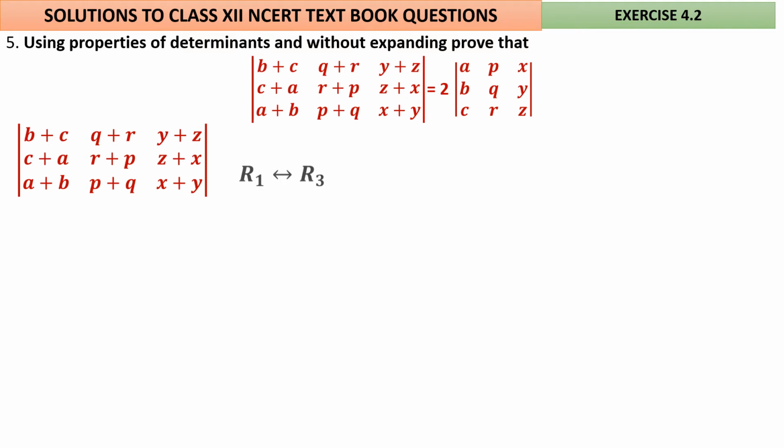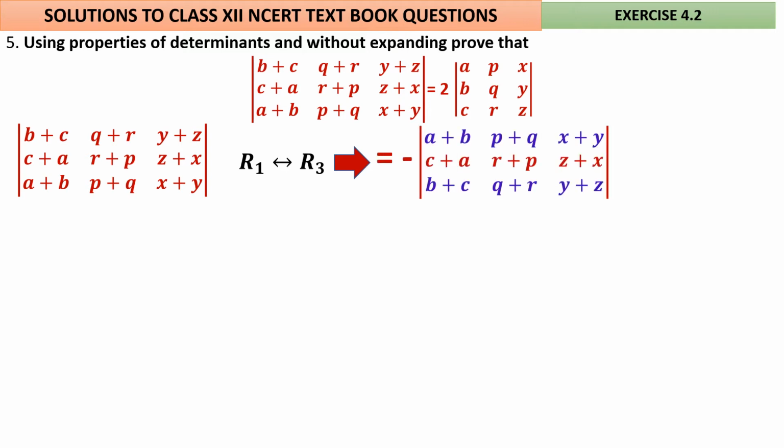I am taking the determinant. I am interchanging R1 and R3 because on the right hand side in the first row I am having APX, but in the first row of the left hand side I don't have APX, therefore I am replacing it. You know that when I interchange any two rows, the value will be multiplied by a minus sign. I have interchanged the first and the third row. Again, the second and third rows are interchanged. If you interchange it, you know what happens: once again minus will become plus.